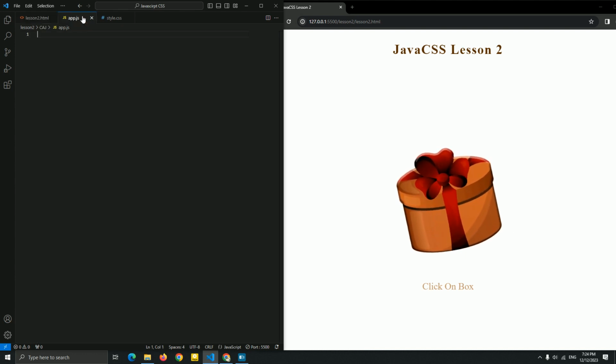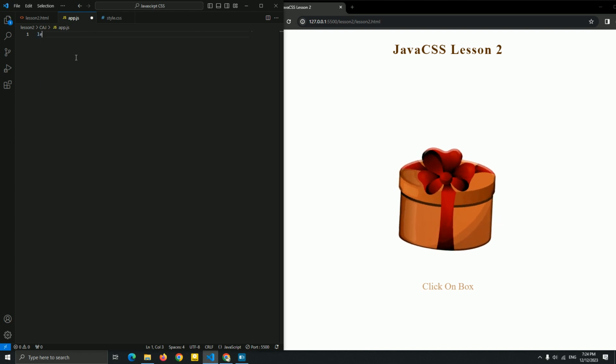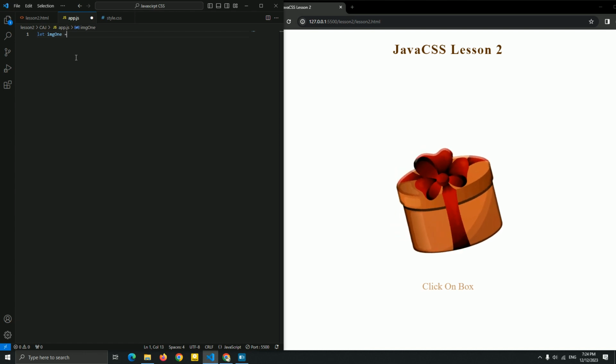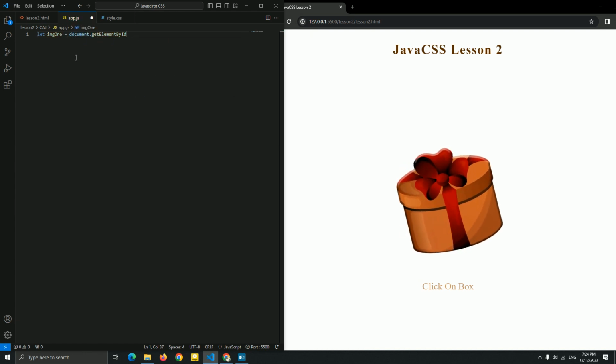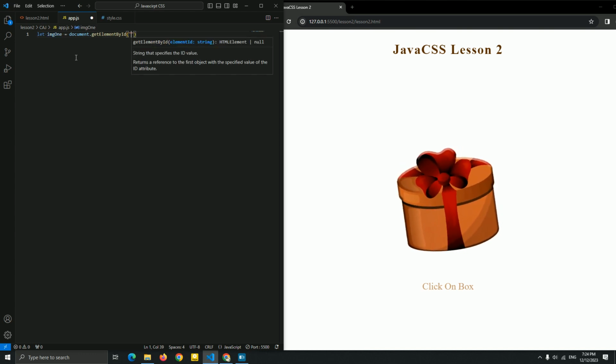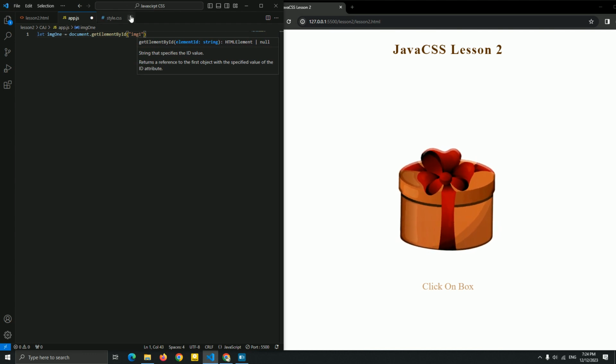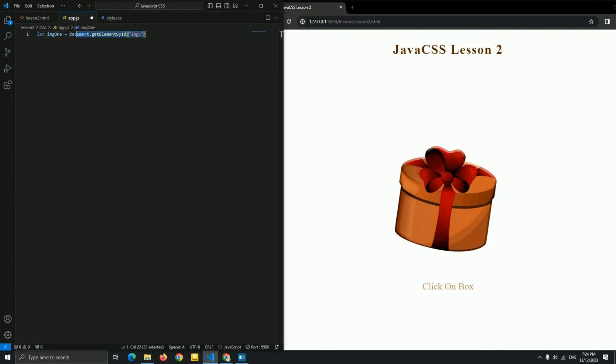Now let's add the names for the JavaScript, and let me first name image1, document get element by ID. Okay, let me name it image1 as we named it for this first image.